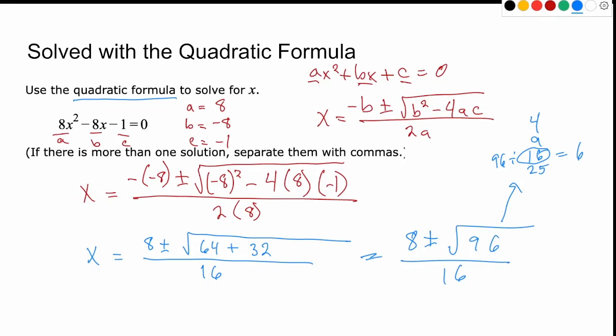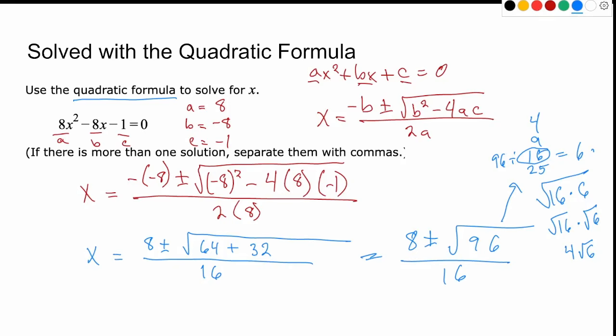So what we're going to do to reduce this square root, I'll just do it in this little scratch area, is we're going to rewrite 96 as 16 times 6. And then we can break it into two square roots. So 16 times 6 is 96. I haven't really changed anything, but now I can take the square root of 16 times the square root of 6. Square root of 16, since it is a perfect square, is 4. 6 is as reduced as you can make it. So it's 4 square root of 6.